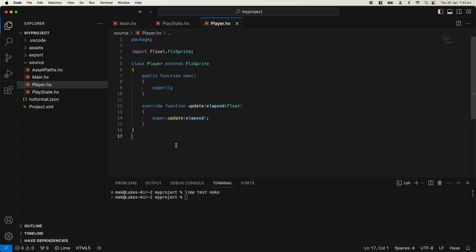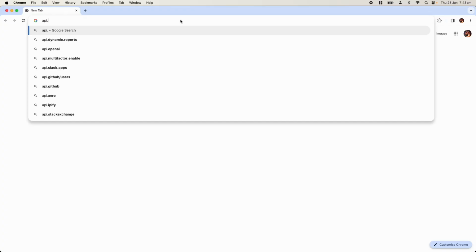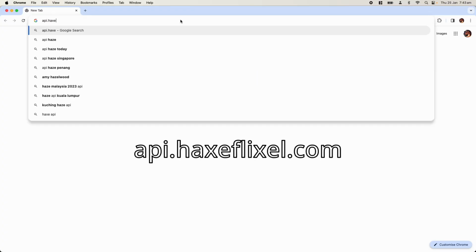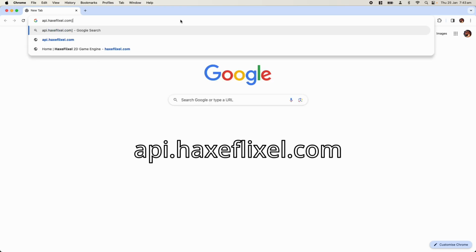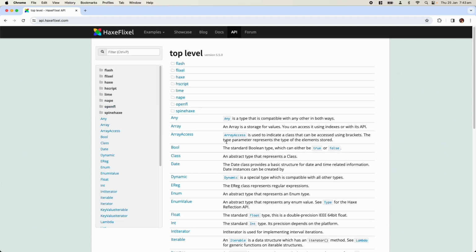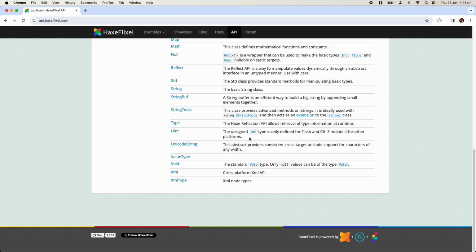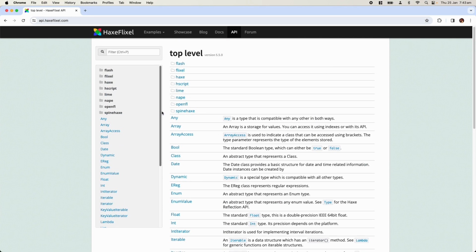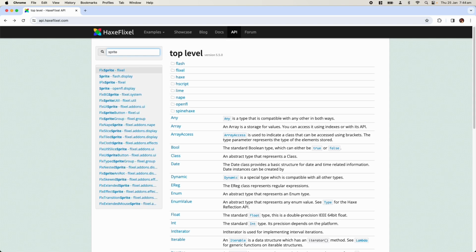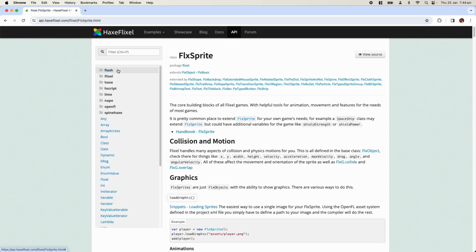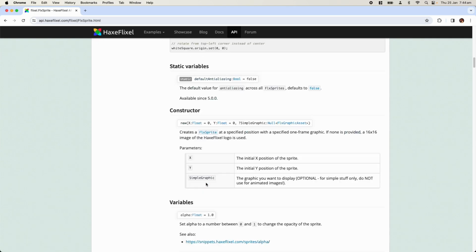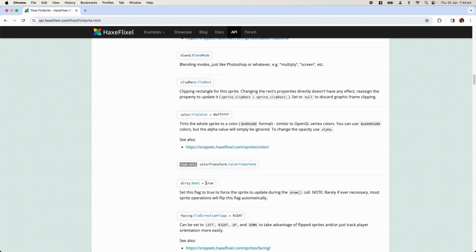Once you know a little bit more about HaxeFlixel, you can also use the API reference. The API reference is found at api.haxeflixel.com. And in here, you find a list of every single class in HaxeFlixel. If you use the search bar, you can, for example, search for Sprite, and you'll find FlxSprite. If you go there, you'll find everything you need to know about FlxSprite, including all of its variables and